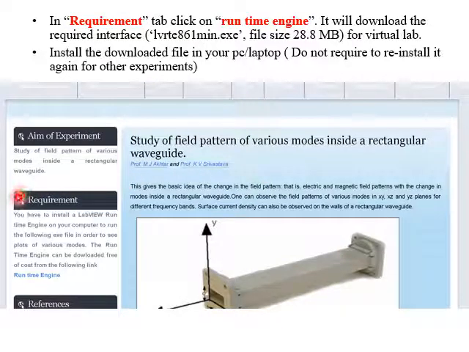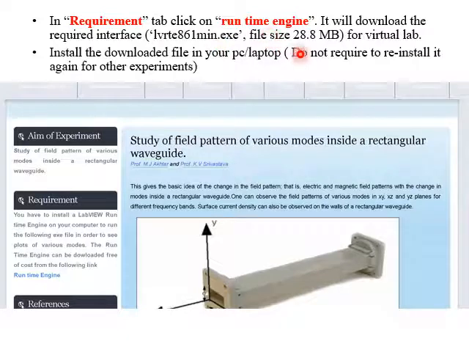So to install this software, first of all you have to download it. So go to this requirement. Here we have runtime engine. So click this runtime engine. This is the first time you have to do this. And once you click this runtime engine, this particular exe file will be downloaded in your PC or laptop.